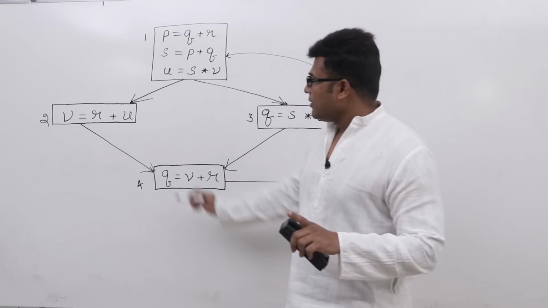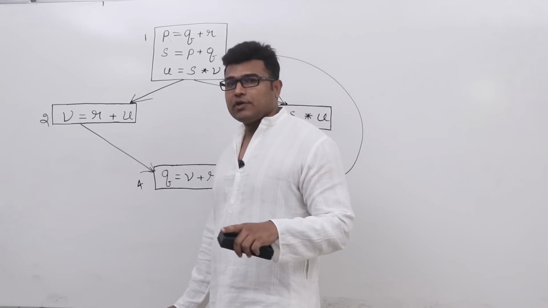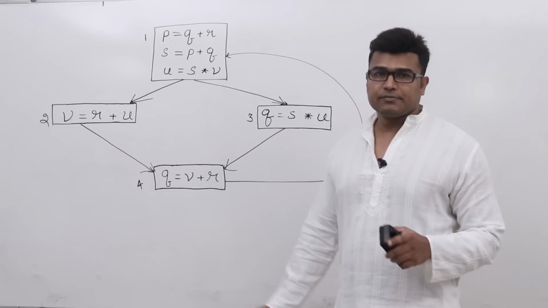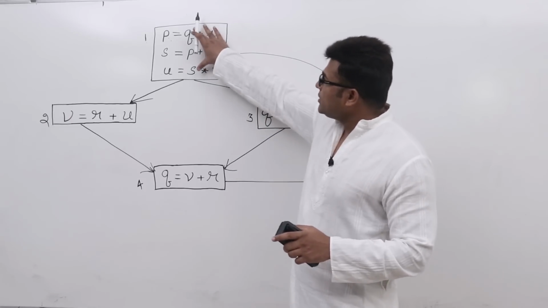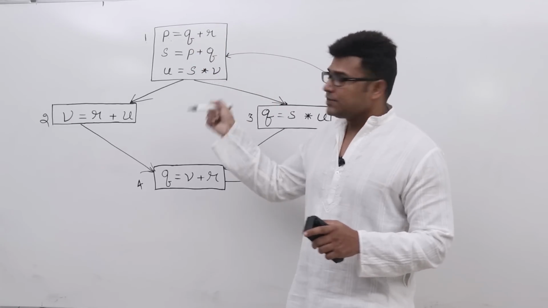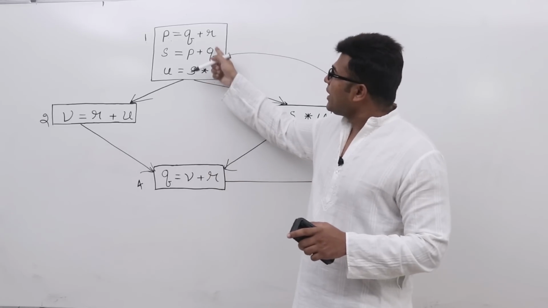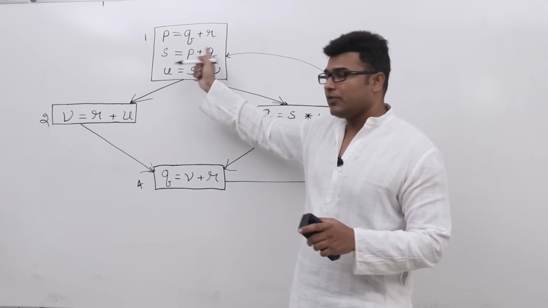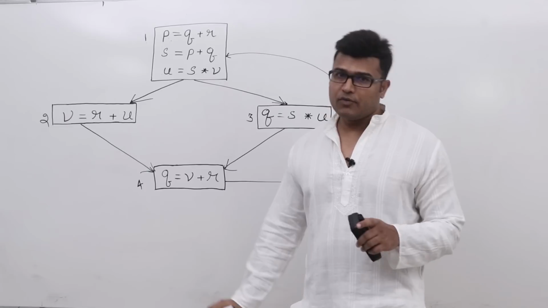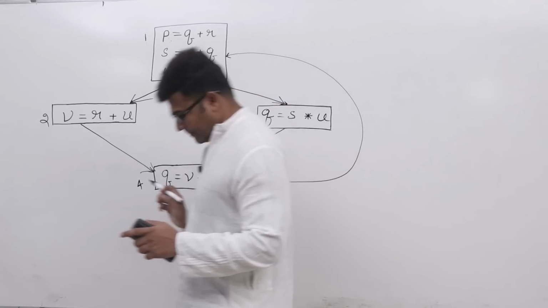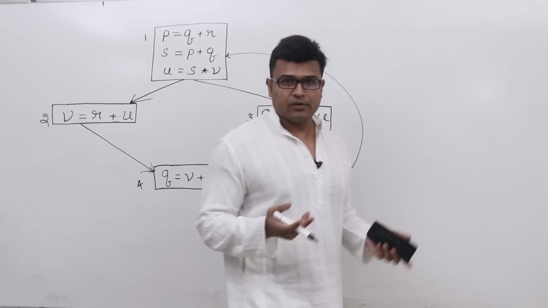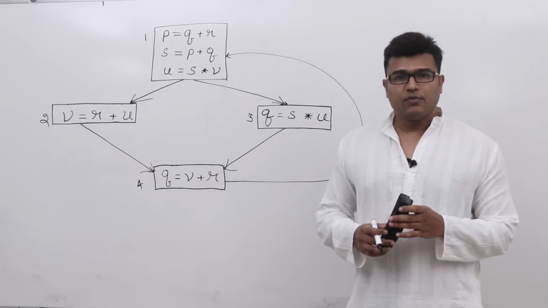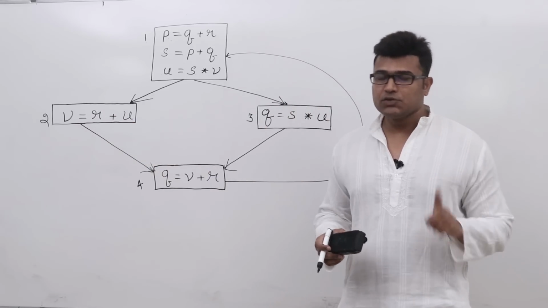The question is, what are all the variables that are alive in both basic block number 2 and basic block number 3. Whenever we have many statements in a basic block, the questions they could ask are: what are the variables alive before the basic block and what are the variables alive after the basic block. These kinds of questions they can ask if they have to ask about basic block 1. Now for this question, based on the previous discussion, we could directly answer it for basic block 2 and basic block 3.